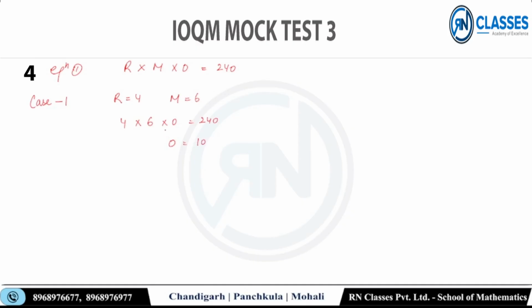आ गया, O इज 10, वंडरफुल। ये तो ठीक है, मतलब कि मेरे पास एक वैल्यू तो आ जाएगी R प्लस M प्लस O, R इज 4 M इज 6 O इज 10, ठीक है। तो 20, एक कंडीशन से मैंने एक आंसर तो निकाल लिया, ठीक है। क्या पता और भी आंसर आ जाए भाई, IOQM का क्वेश्चन है, कुछ गड़बड़ भी हो सकती है, ठीक है। फिर नेक्स्ट वाले पे चलते हैं,